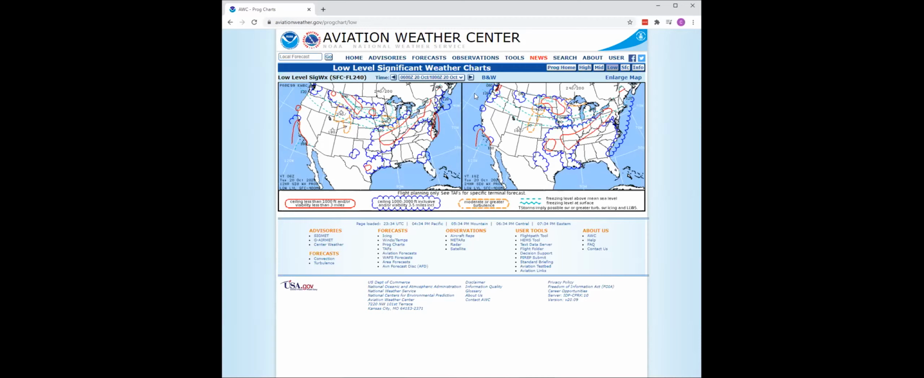So that is the low. These low-level charts also are good from the surface to flight level 240. So it goes up quite a ways. They don't just include what you might think of as low. They're also issued for 4 different time periods during the day, which you can look at up here. So you have 4 different time periods that these are valid for. And